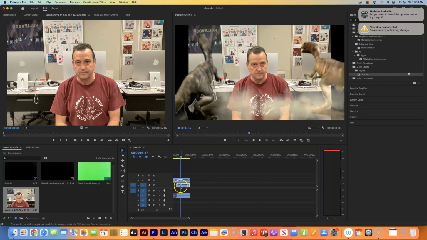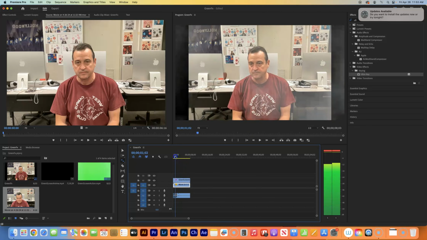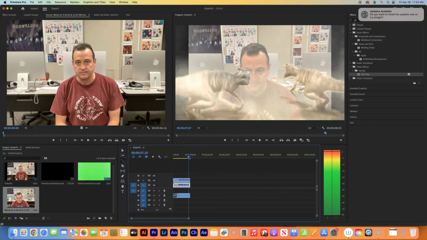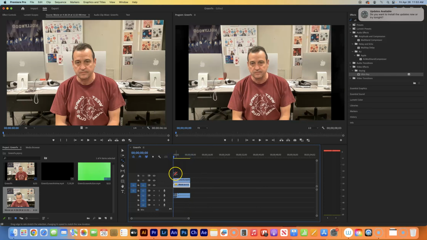So first of all, I need to stretch out my clip so it matches the length. If it's too long or too short, I can change it. I'm going to go to this tool here, click and hold over the ripple effect tool or edit tool. I'm going to go to the rate stretch tool. I'm going to go to the front end of this and I'm going to extend it, right? Okay. All right, and then